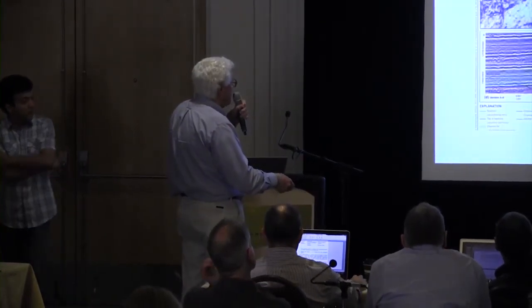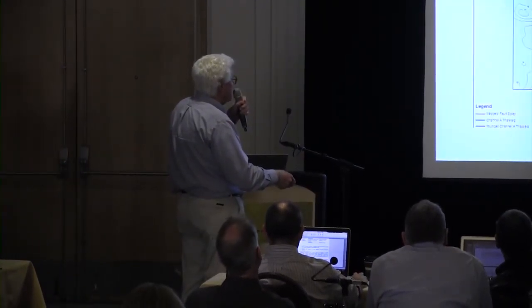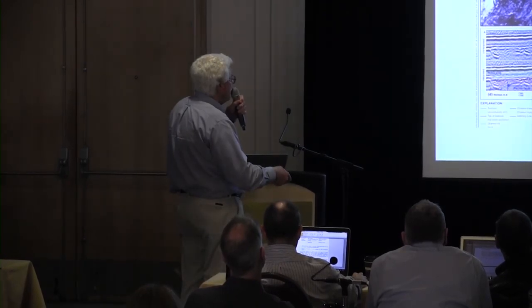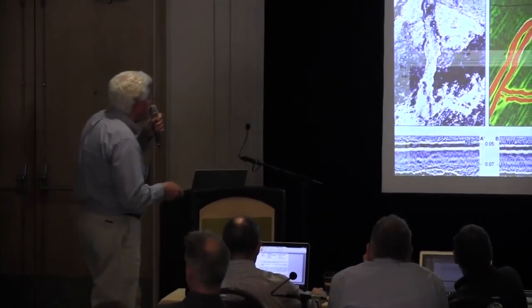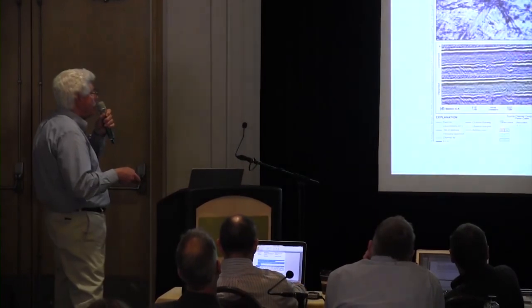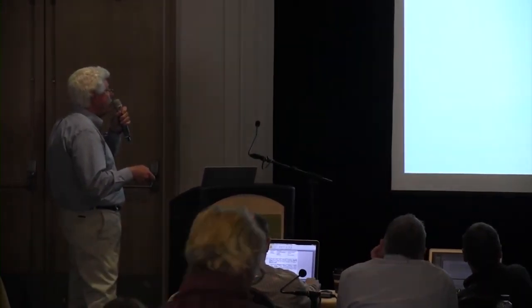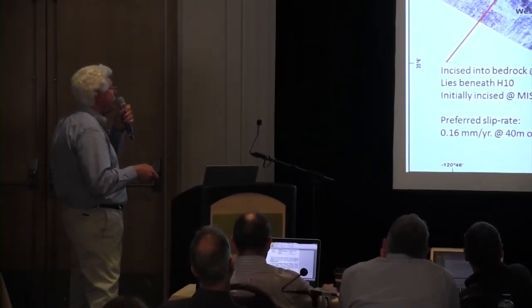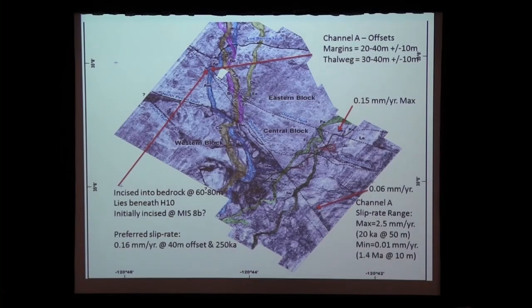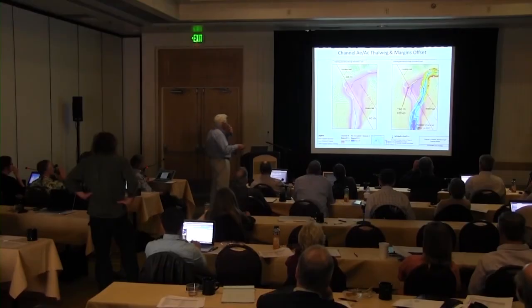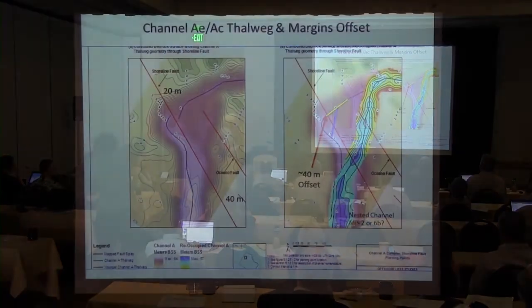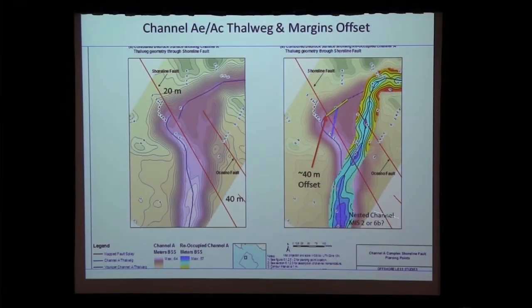Let's see here, let me go back. Does this make... I think just that topo map of it is... Yeah, just trying to get back to it. This one here? No, the blow up of it's got all the contours. Oh, the contour. I think that's the one, no, yeah, that one. Okay. So the blue line on the northeast side of the fault, I'm looking on the left figure.